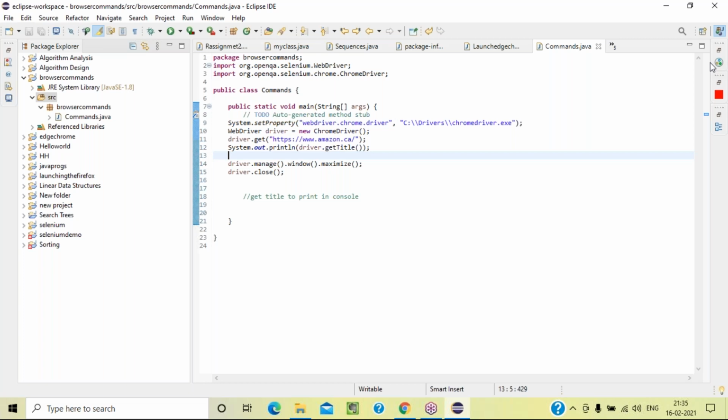There are back, forward, refresh. These commands are also very important. Once we are done, then the important class is locators. There are eight locators. How you identify the elements and all those things we will discuss mostly tomorrow if time permits, or else the next day we will see.